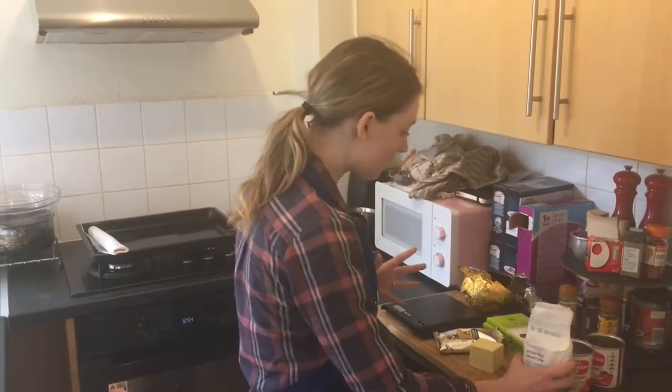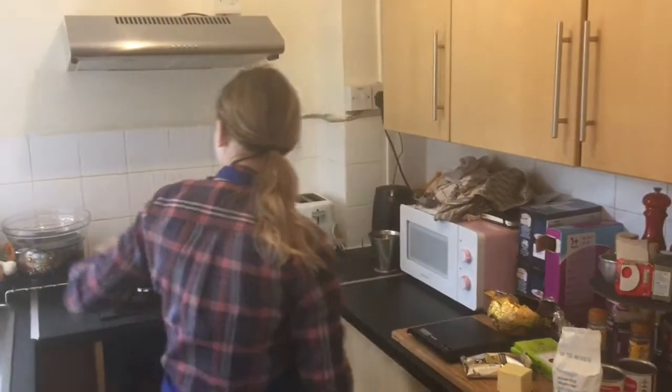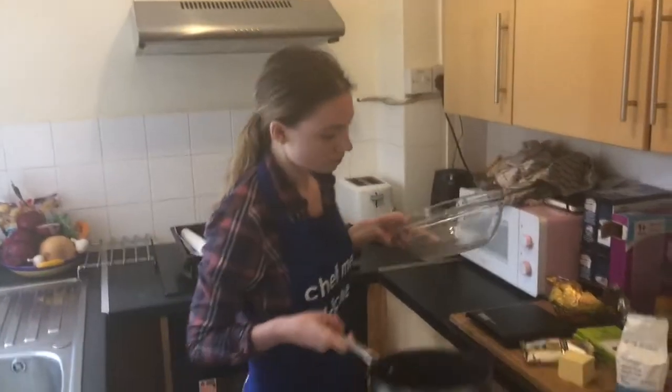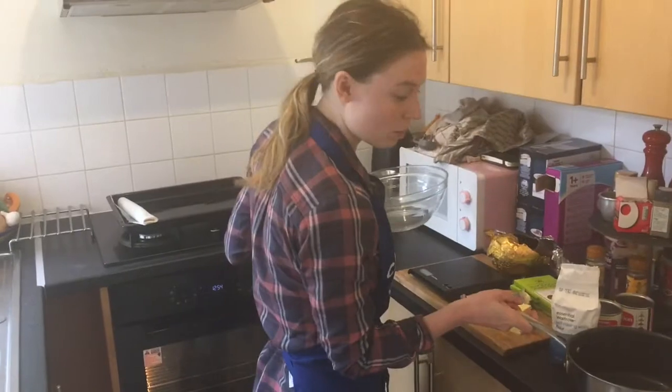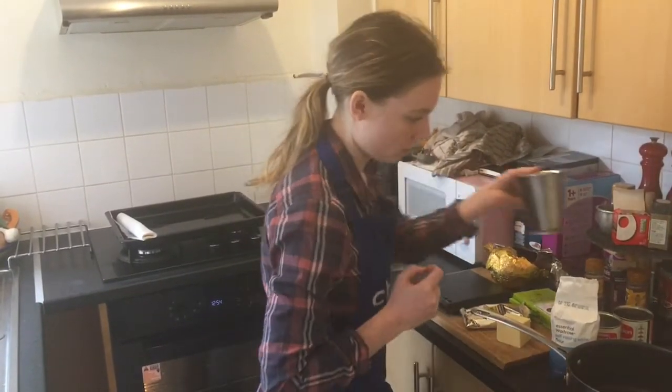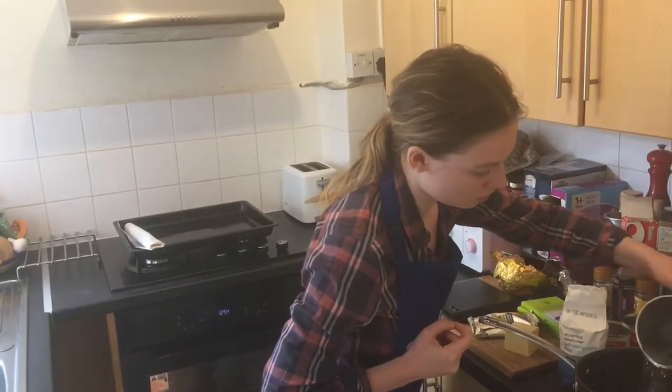So the first thing I'm going to do is I'm going to get something called a bain-marie. Now my catering students will know what that is. And a bain-marie, really simply, is you get a pan, just a normal saucepan, you put some water in it. So pour some water in there,